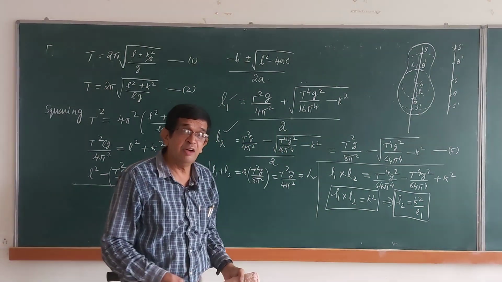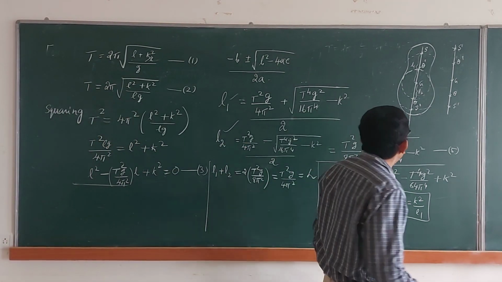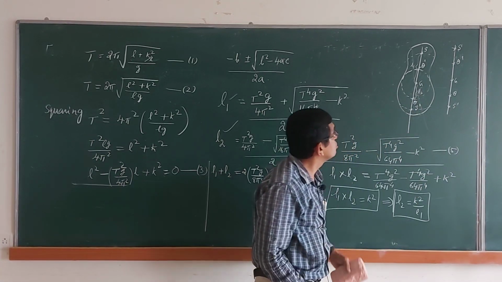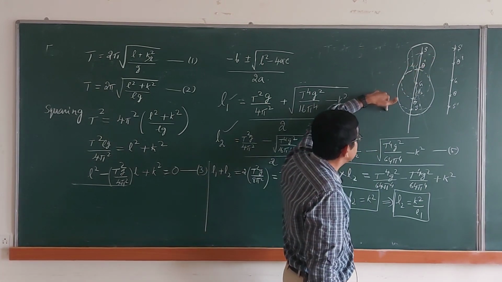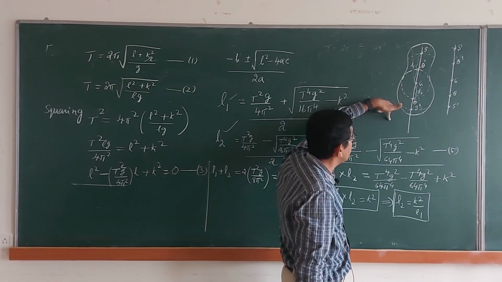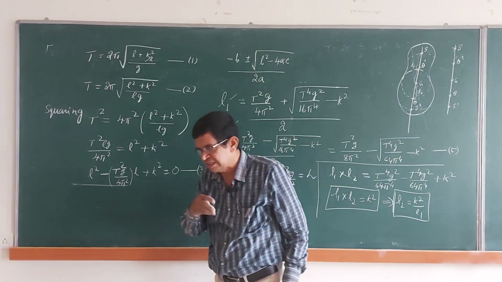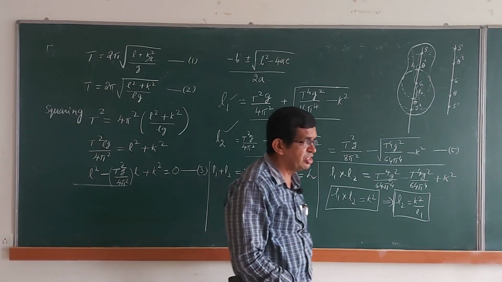In fact, you have an infinite number of such sets of 4 points. You can draw a line like this also, and again this gives 4 points. You can draw a line like this also, and a line here also, and all these lines intersect the circles at 4 points about which the period is the same.